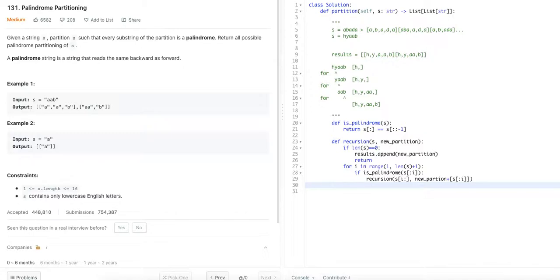And then what we need to do, we need to have a results list, which is what we are going to return. Then we call the recursion function, and we pass the string and an empty list, and then we return the results at the end. So let's make sure that we have no typos and everything seems